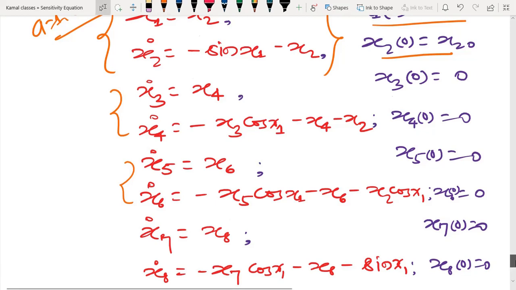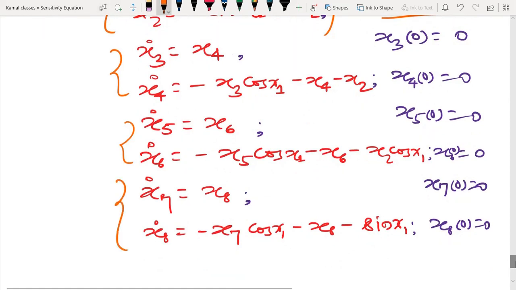I have 3 parameters, and due to that reason, as I have already told you, I have 6 plus 2 equations, meaning an 8th order system. So if I simulate this whole 8th order system, then we are able to check my final solution, that is x1 and x2. If x7 is going to vary, what is the effect? By simulating all the equations, you are able to see the effect of the parameters on the original system.